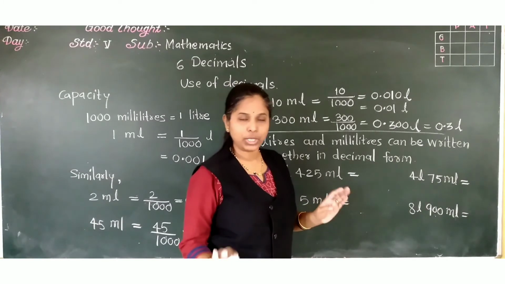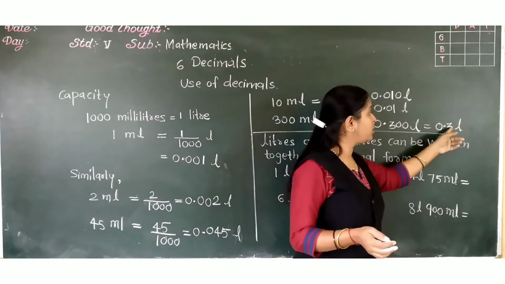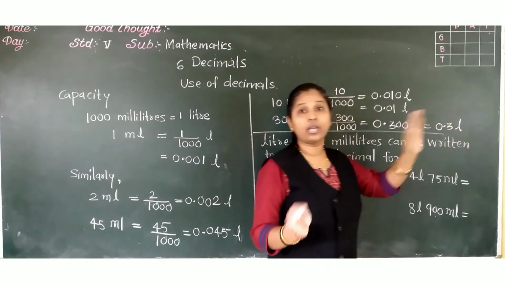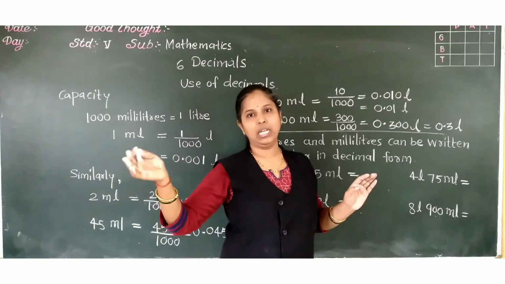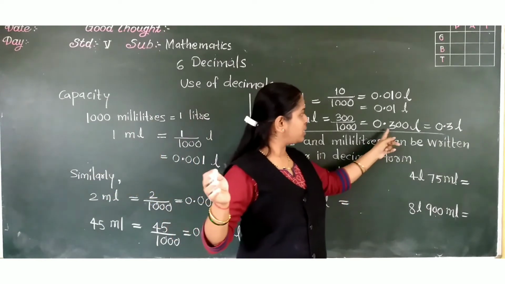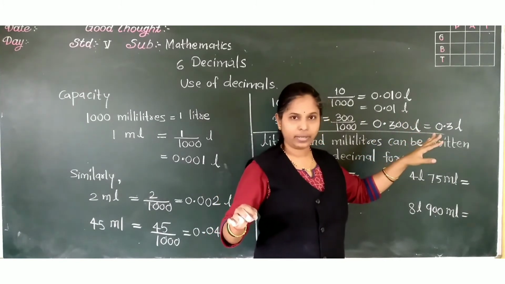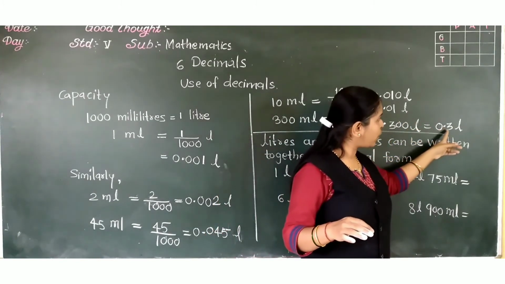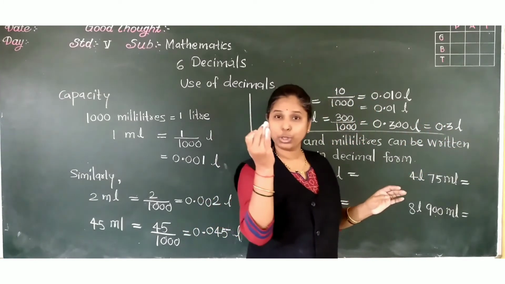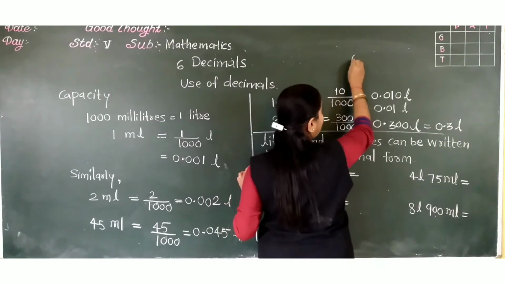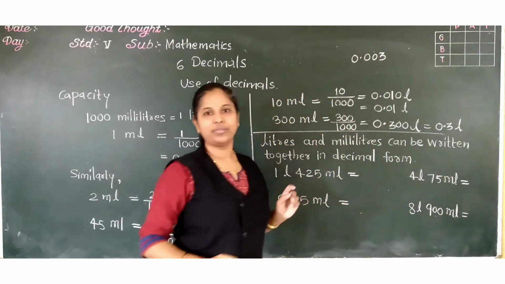If you do not mention them, okay, but it doesn't mean that 0.3 liter is 3 milliliter. No, it is not 3 milliliter. It is 300 milliliter. Got it? It is 0 liter and 300 milliliter, but in decimal point you can write this as 0.3. And if you want to show only 3 milliliter, then how will you show? 0.003 in that way. Okay?